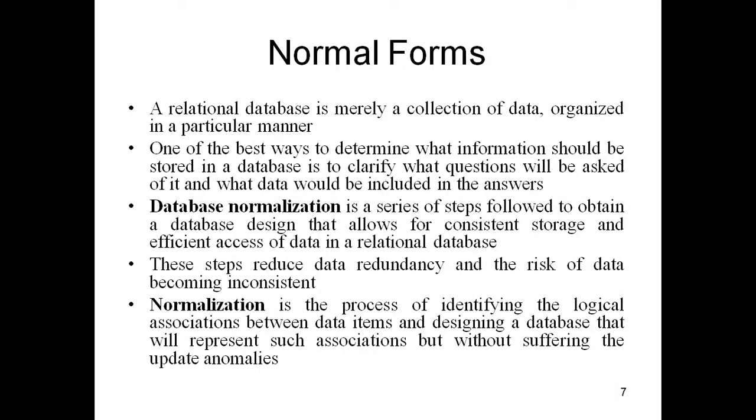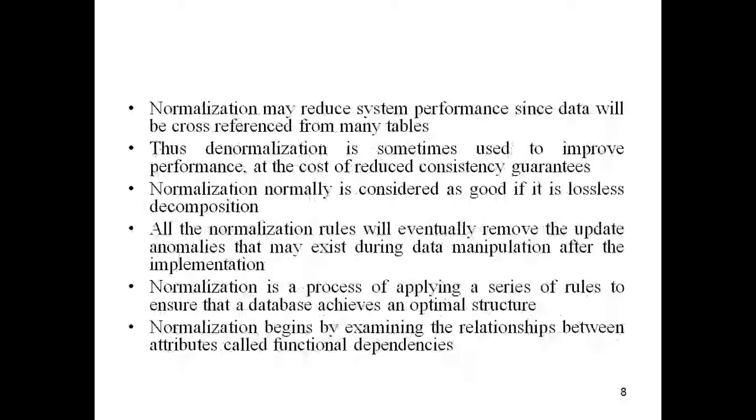Sometimes because of normalization, a large table may be broken into smaller ones. There are many definitions of normalization. Normalization is the process of breaking a large relation having anomalies into small relations that are free from anomalies. Another can be: normalization is a process in which a table is tested against certain rules. So you can have different definitions of normal forms. Kindly go through them and make notes.